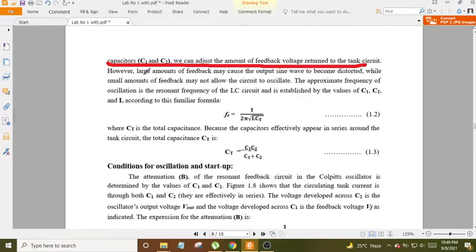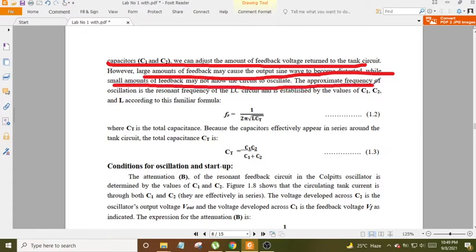However, large amounts of feedback may cause the output sine wave to become distorted, while small amounts of feedback may not allow the circuit to oscillate. The approximate frequency of oscillation is the resonant frequency of the LC circuit and is established by the values of C1, C2, and L